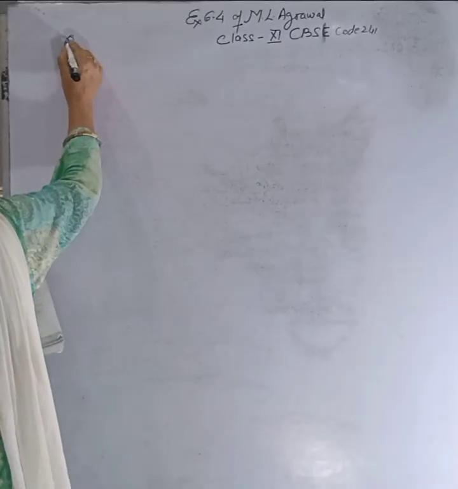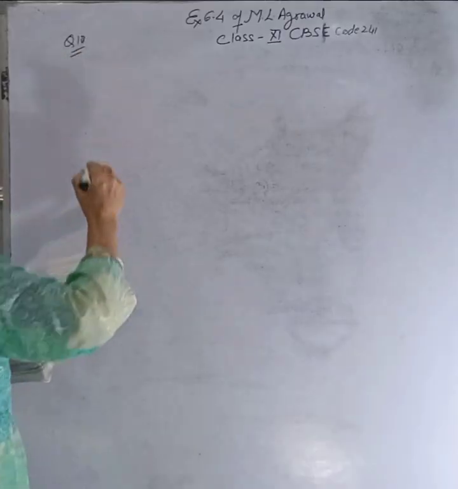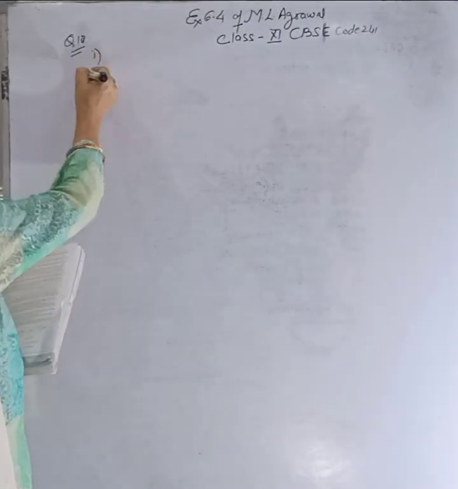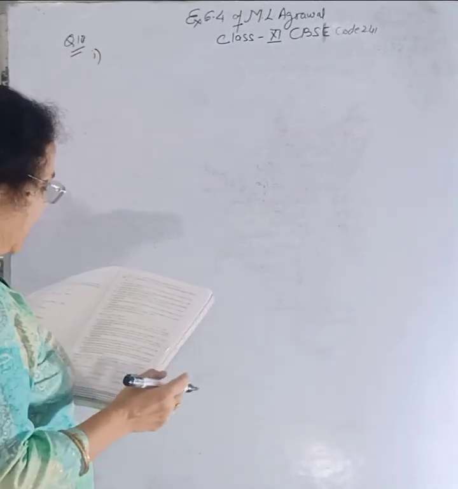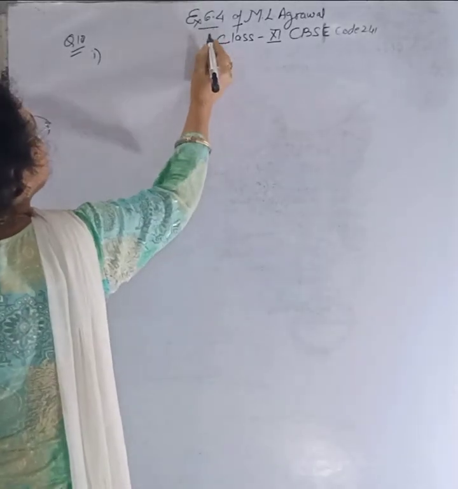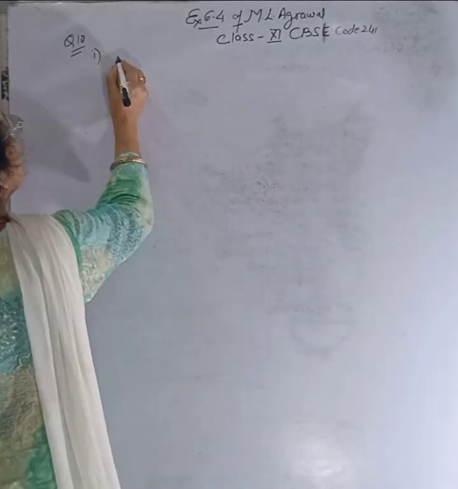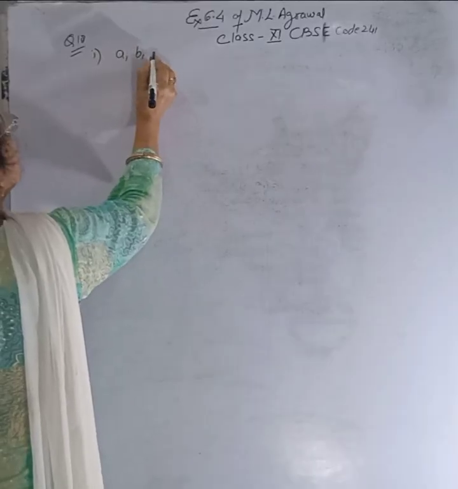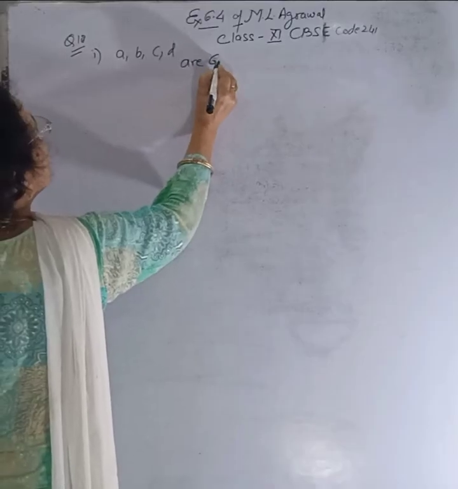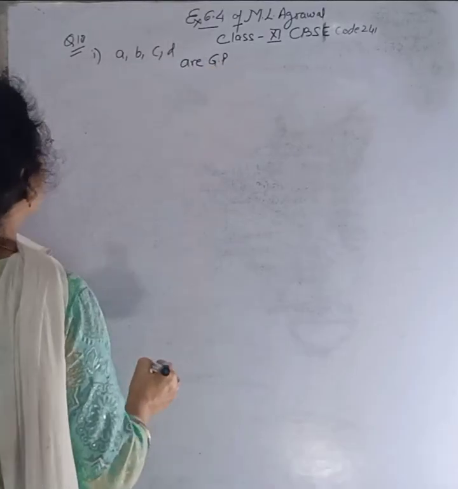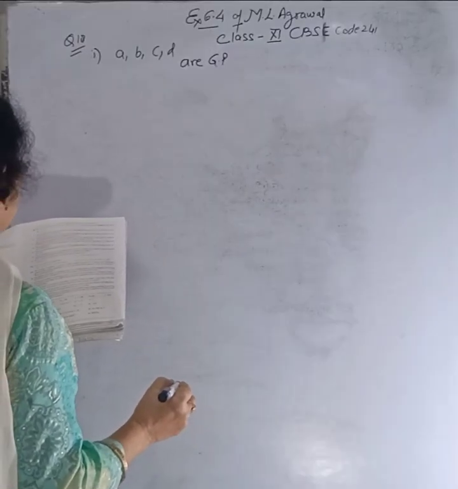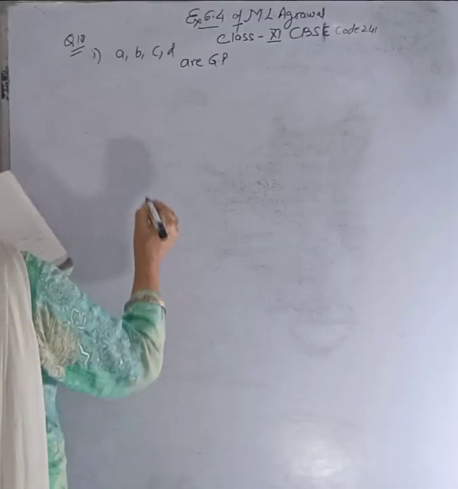Question number 18, part 1. If A, B, C, D are in GP, this is a chapter belonging to geometrical progressions. A, B, C, D are in GP, already given to us. If these four terms A, B, C, D are in GP, then prove that